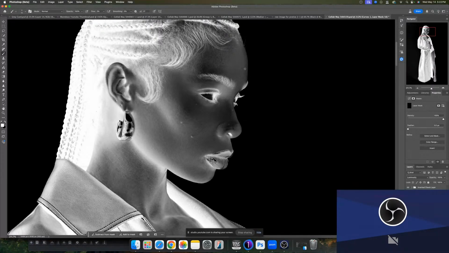For the first round, I don't really typically zoom in. When you zoom in and make these micro adjustments, sometimes that's what the human